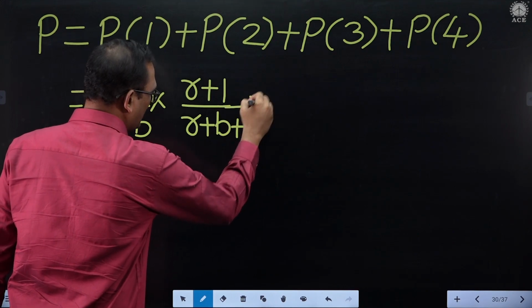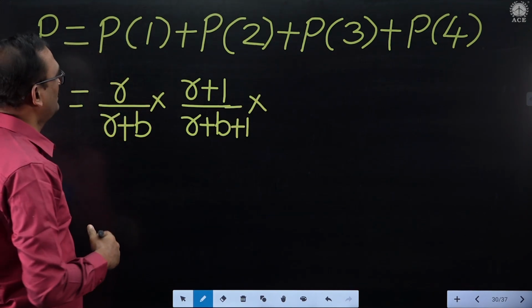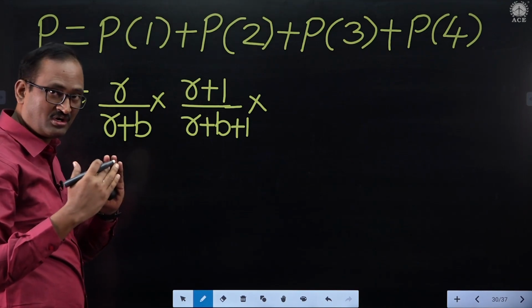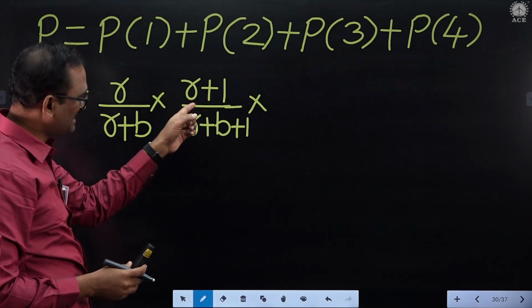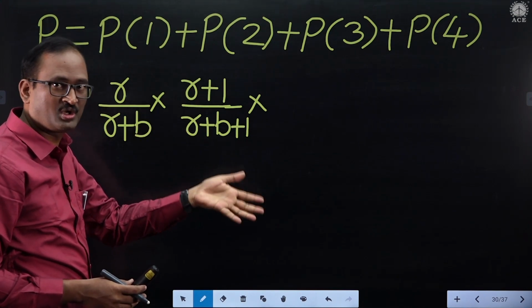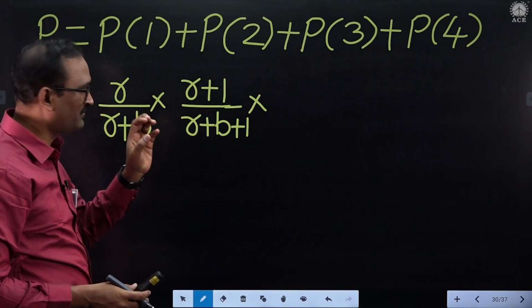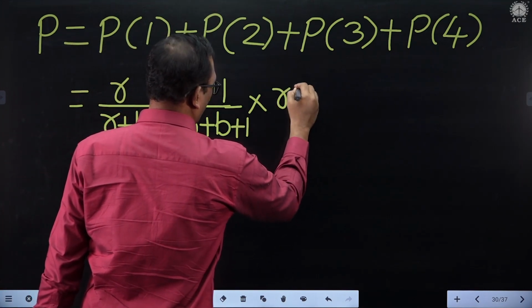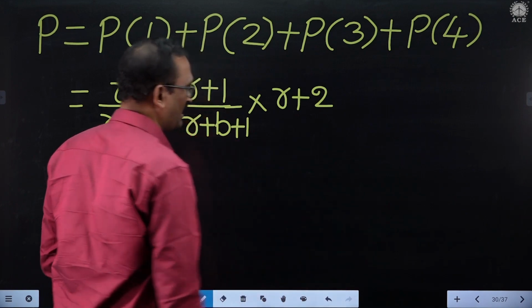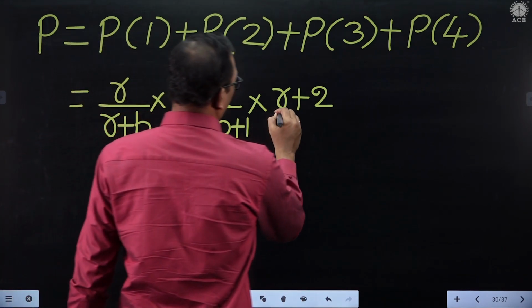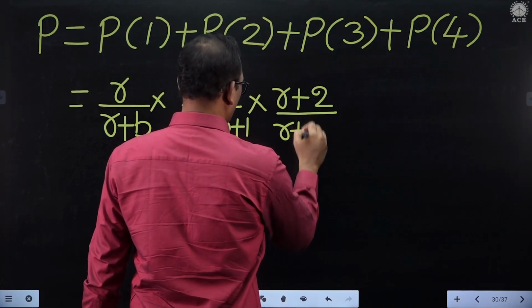Now the third selection is also red only. Third red, fourth red. Before going to select the third red ball, the second drawn red ball must be replaced along with one more red ball. Now the total number of red balls is R plus 2. Out of R plus 2 red balls, one red ball is chosen in R plus 2 ways, and the total number of balls will now be R plus B plus 2.